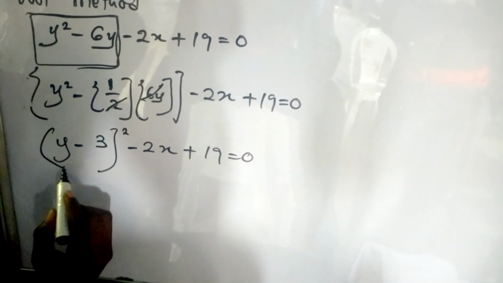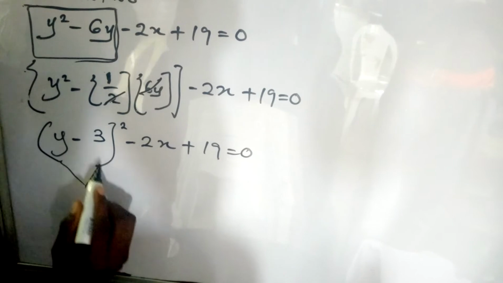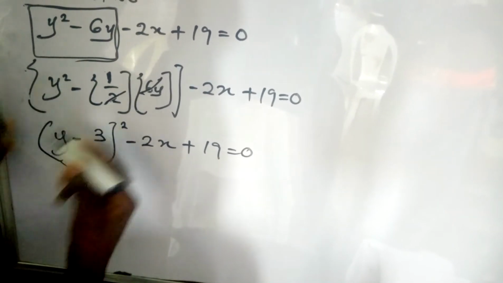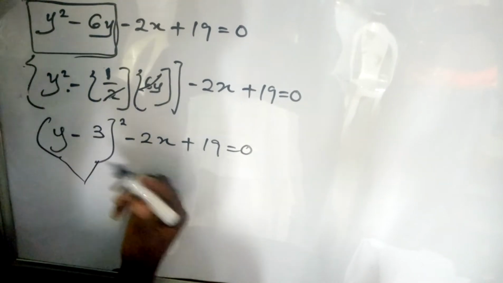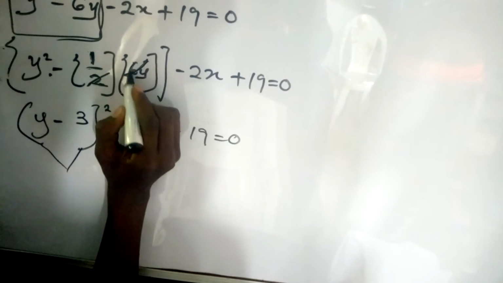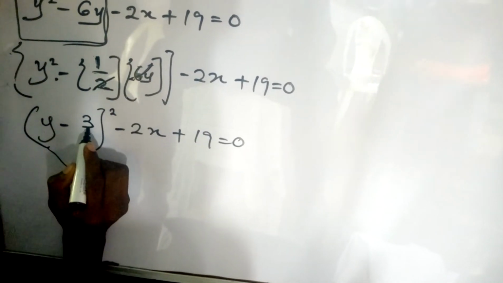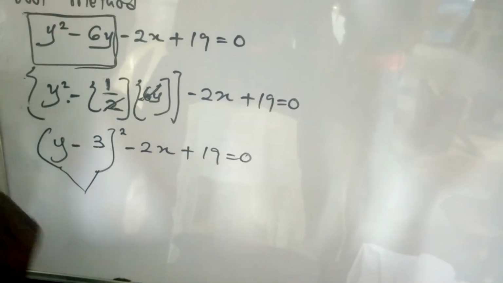This, you have y minus 3 close bracket raised to power 2. This is how I come about this. You have y squared, then you say 1 over 2. We divide this, then we give you this 3. So we move on. So, sir, what if